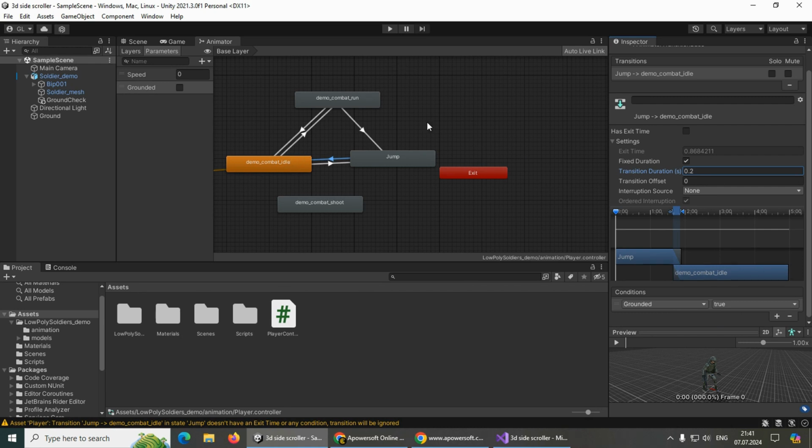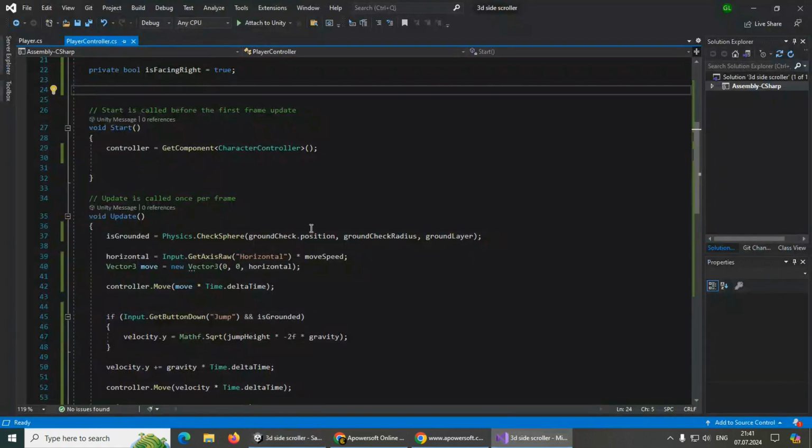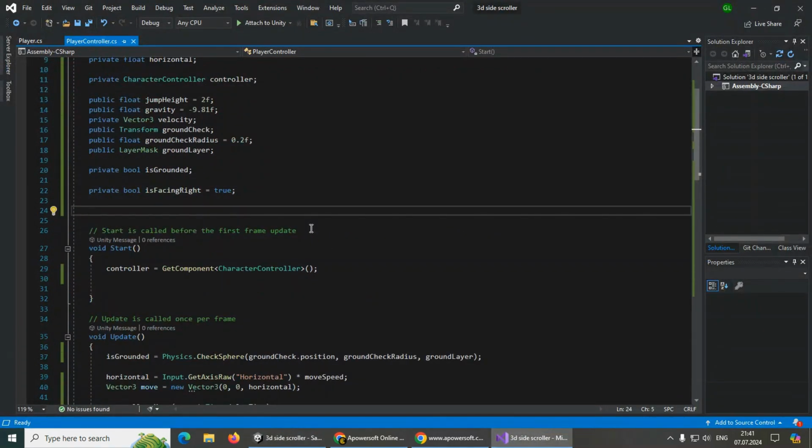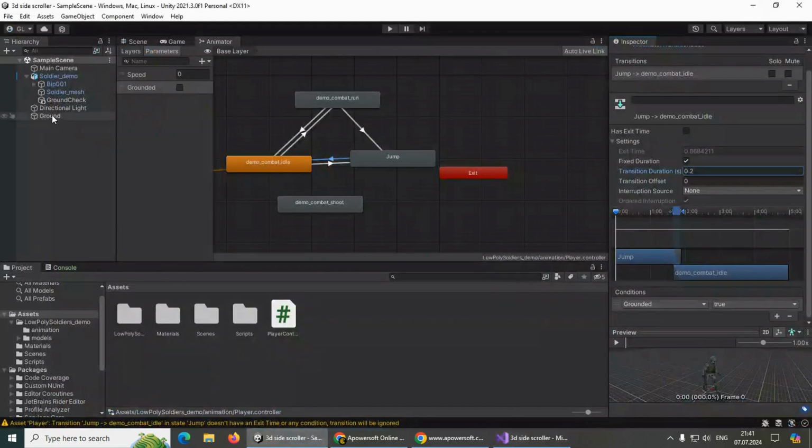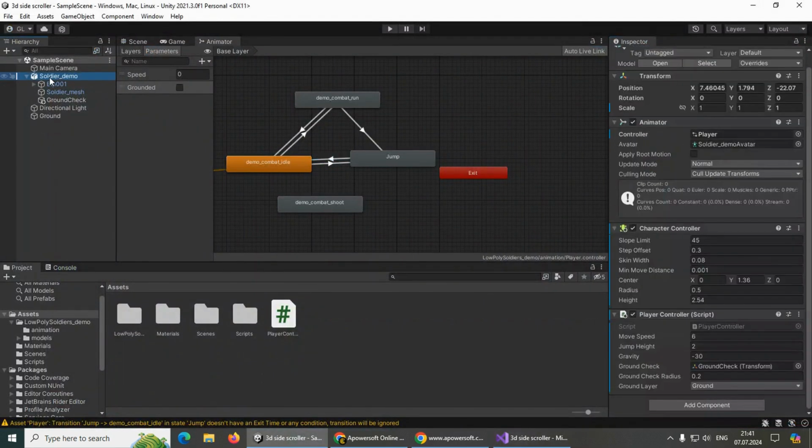And that's pretty much it, how you can transition between animations. And now the only thing that is left is to use those parameters, the speed and grounded, in our script. For that, let's open the script. First of all, we will need a reference to our animator controller, so the animator component that we have in our